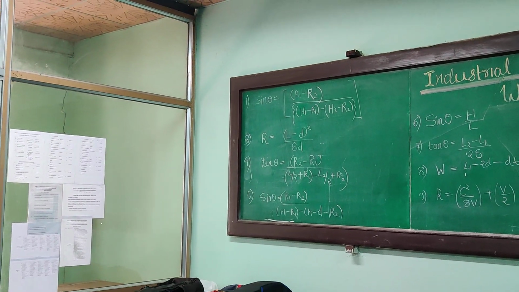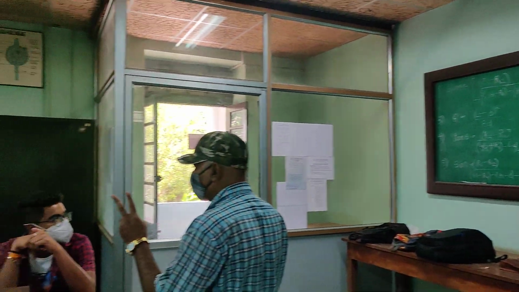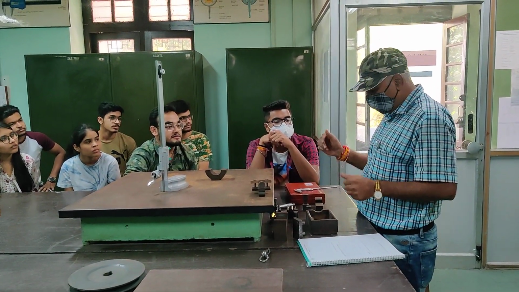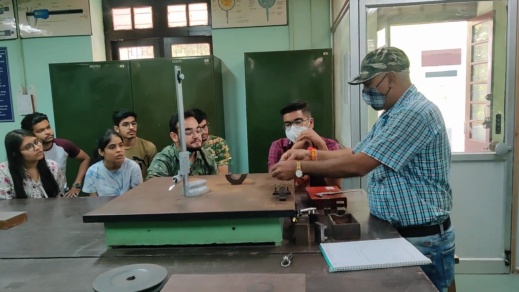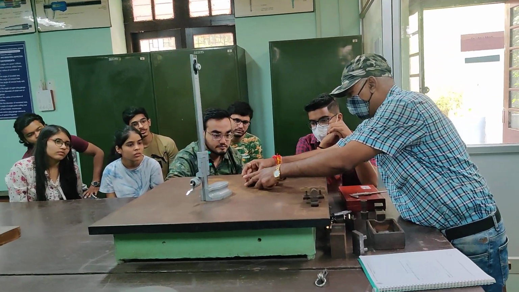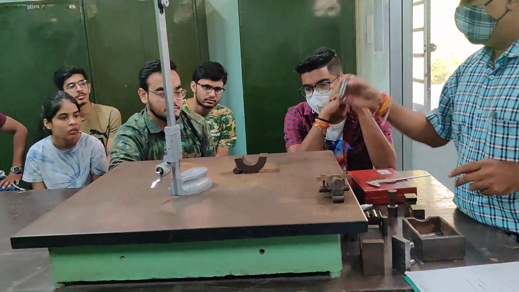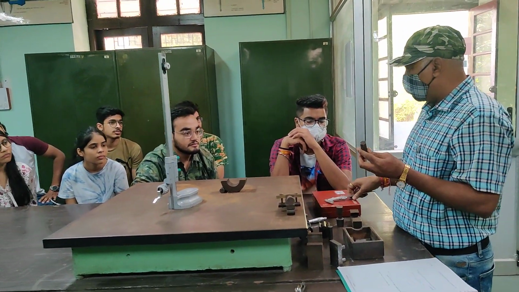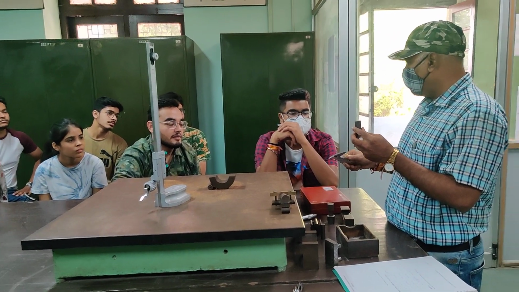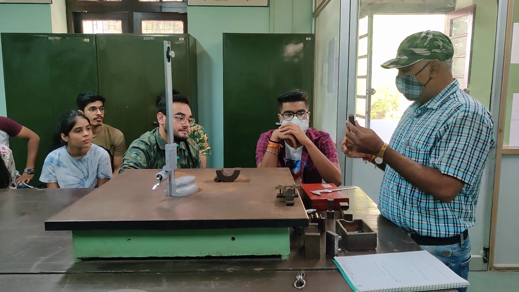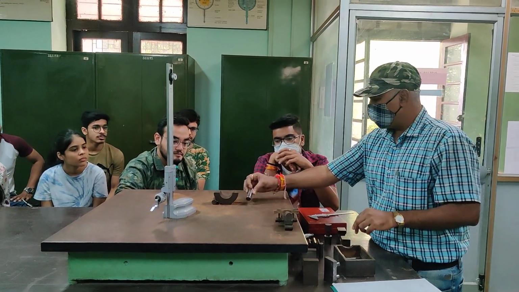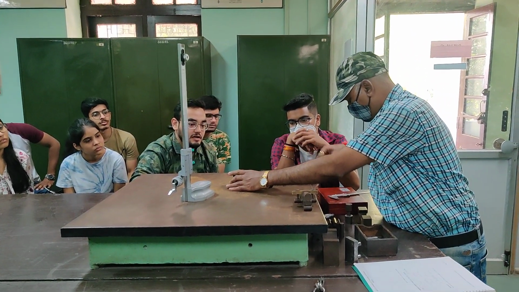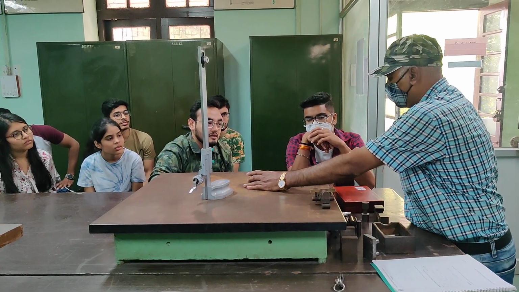So what do you require in this case? Two variables, L and D. L is the length and D is the diameter. Suppose we put these two rollers. D is the diameter of the roller, which is again determined with the help of a micrometer or vernier. So D is to be known to you. We put it together and there it is. Then we have to measure the length of this.